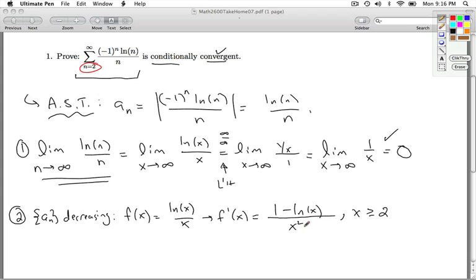At that point, it's decreasing. The derivative is negative. So we would say that for x bigger than or equal to 3, f prime of x is negative, which means that the a sub n are decreasing,